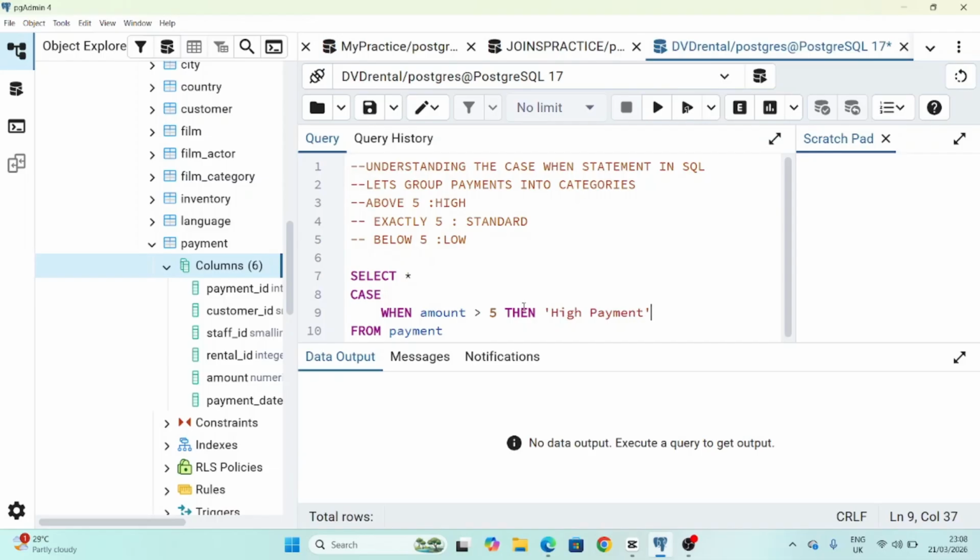This is basically how to arrange it. Another condition you want to insert: remember, your condition says above 5 you want high, exactly 5 you want standard payment, below 5 you want low payment. So we have 3 conditions. So we are going to enter WHEN amount again. Your amount should be spelled exactly the way it is spelled in the column in your database. WHEN amount equals 5, that's exactly 5, THEN in quotes, anything text should be in quotes, remember that please, Standard